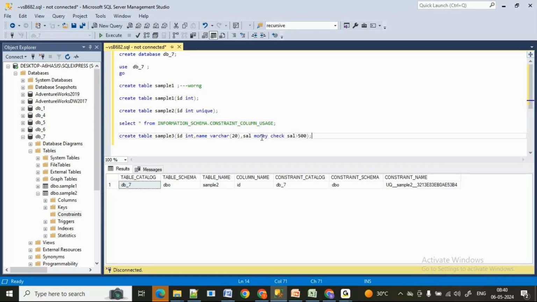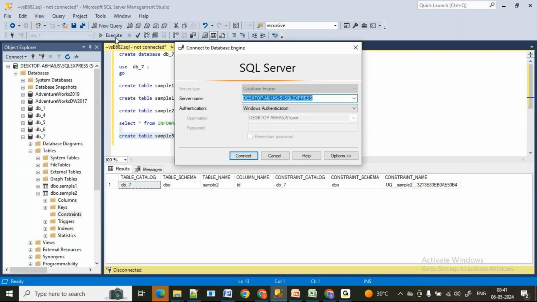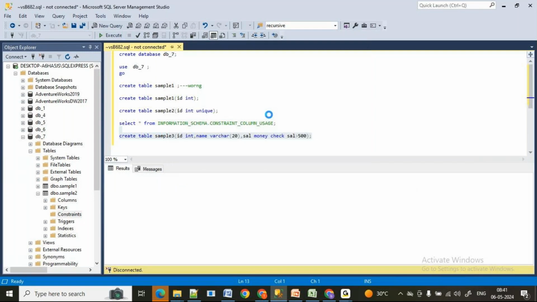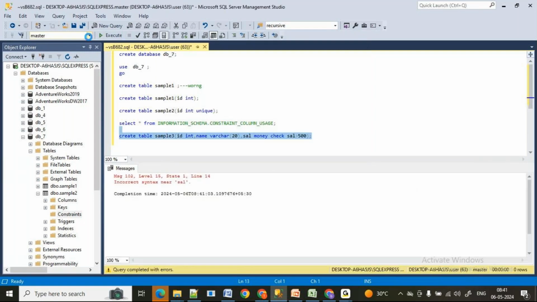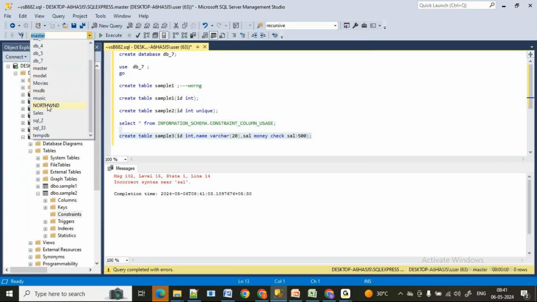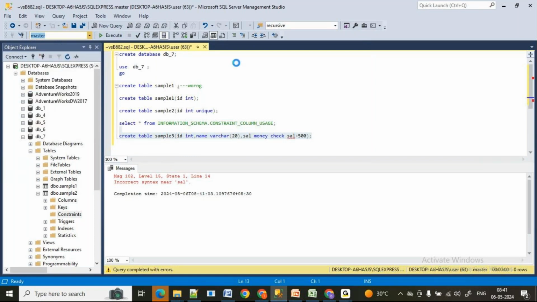But where can we see the constraints applying? In the DML, we are going to see that. While inserting the data, the constraints can be verified. Let me try to create this table. Which database? DB7, right?